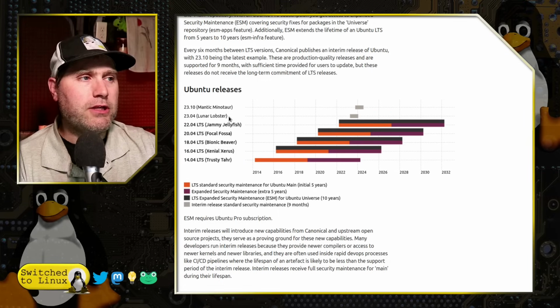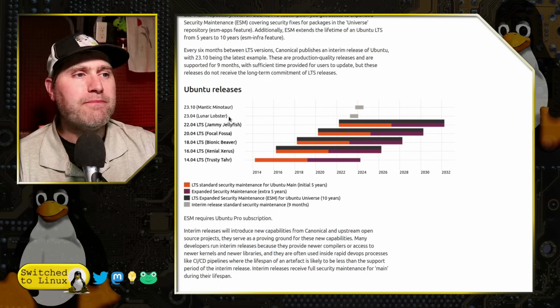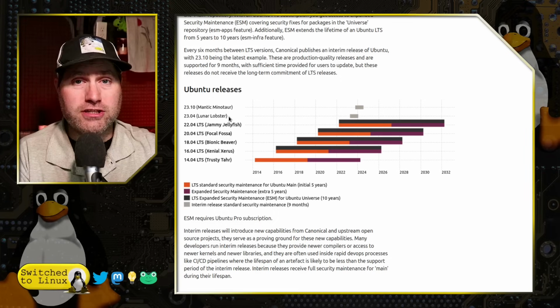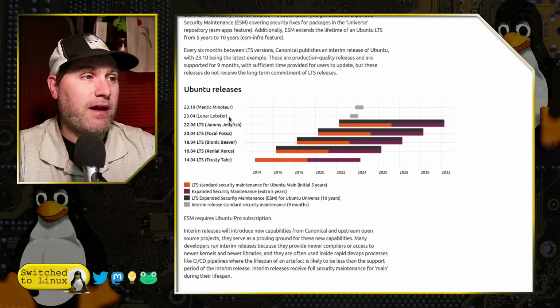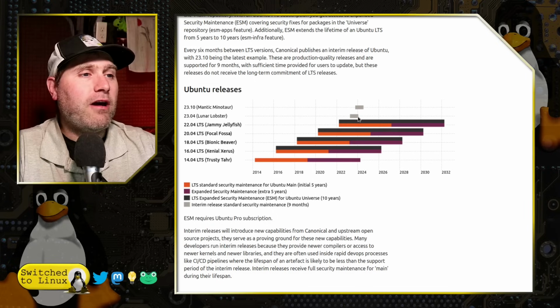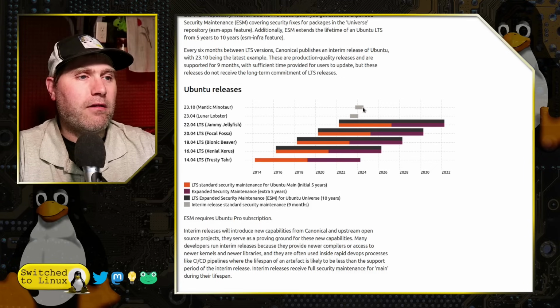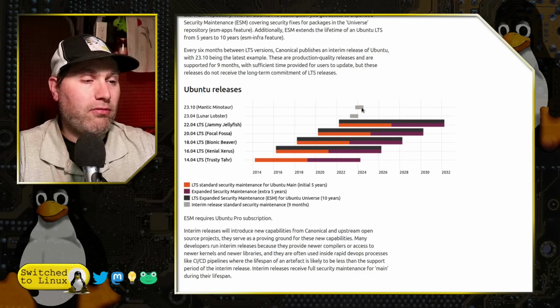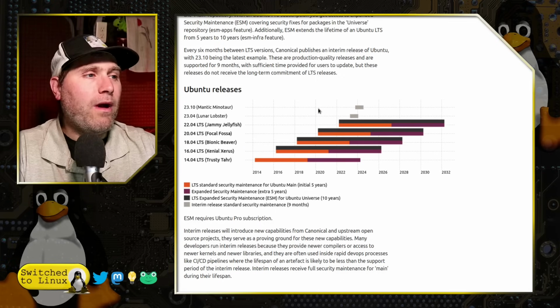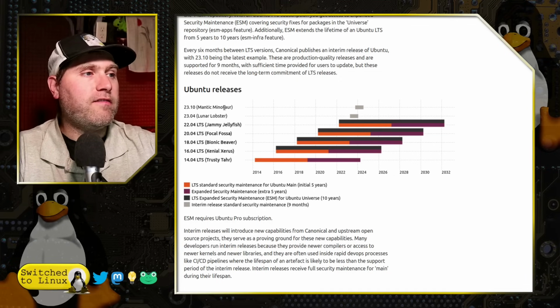So in April 2023 came out Lunar Lobster, and these are all named after an adjective and an animal, just in case you didn't pick up on that one as well. This one just fell out of support. The next one, 23.10, was released in October of 2023. It's going to be supported until late 2024 when the next version is going to come out, which is going to be, it is January, so we're going to see